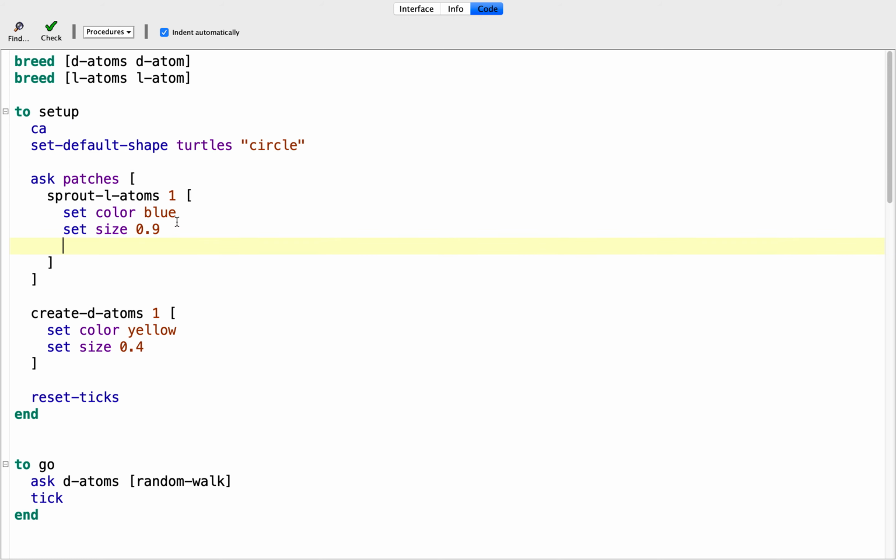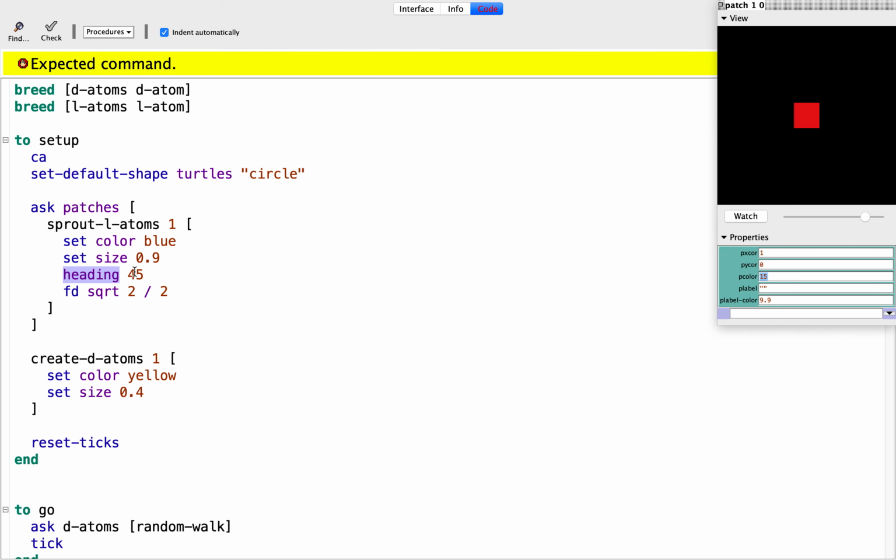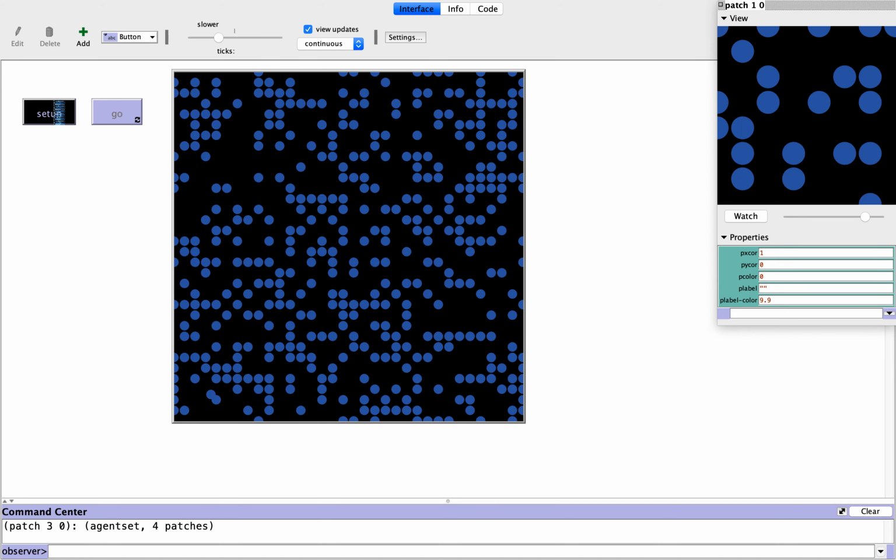So we'll have all of these L atoms set their heading to 45 degrees. So they're facing the upper right corner of the patch they started in, and then they need to move forward. This is a hypotenuse of an equilateral triangle, so square root of 2, but it's only half of that because they're starting in the middle of the patch already. So divided by 2. And, whoops, set heading. Okay, and now